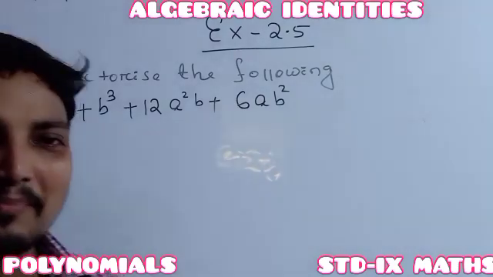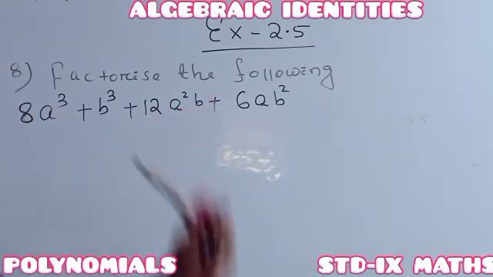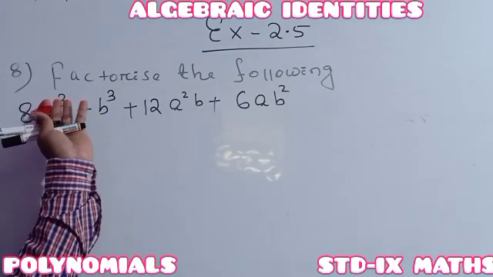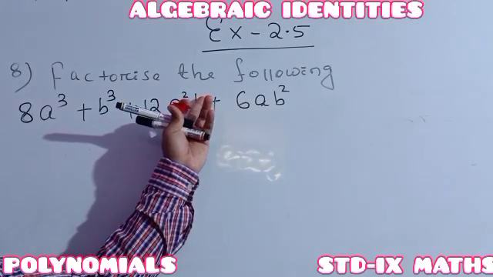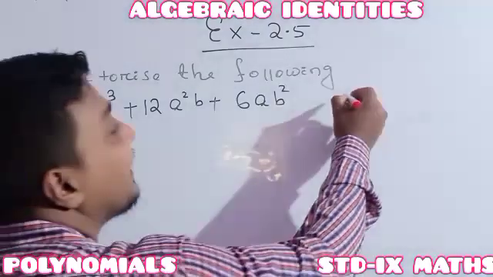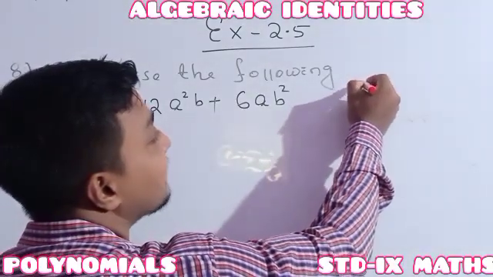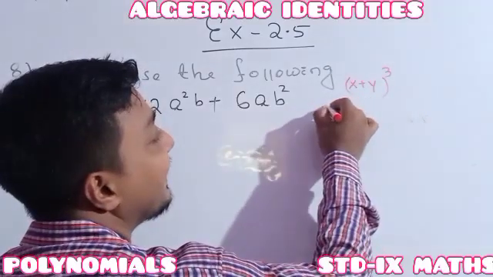See, in question number 8, you have to factorize. Factorize means the expansion form is already given. Do you remember, in the expansion form, the number of terms is 4, and everywhere here it is a cube, here it is a square term. So it means we have already learned (x plus y) whole cube, its format, in 2 ways.